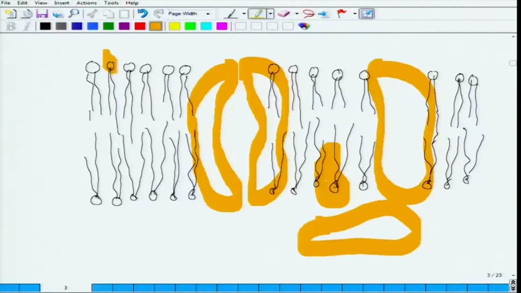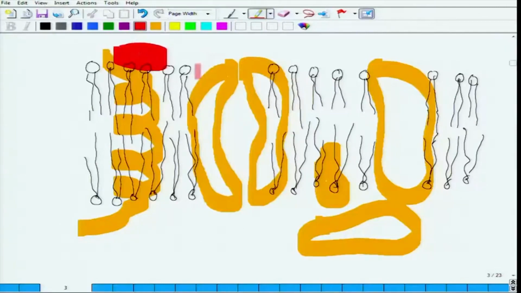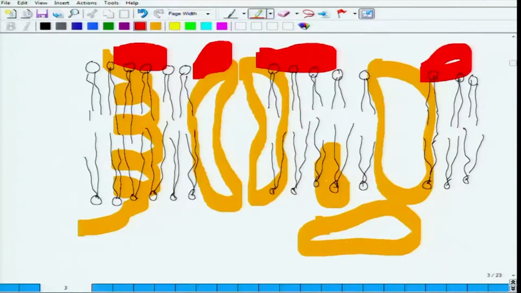Again, there are certain integral proteins which are moving through the membrane like this, and apart from it you have a whole bunch of carbohydrate molecules which are sitting decorating the surface like this. And let me label it, that will make more sense to you. Okay. So, coming back, this is the outside of the cell,